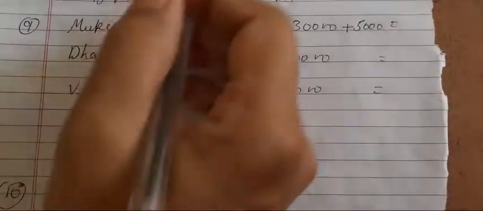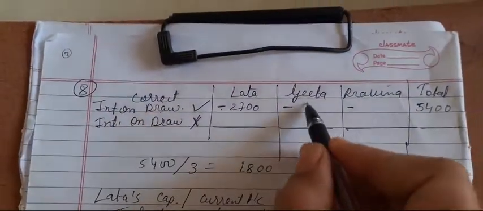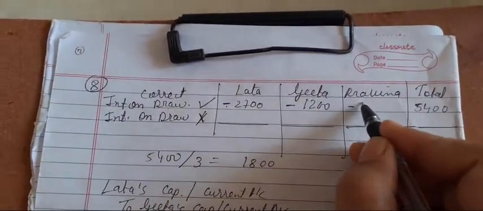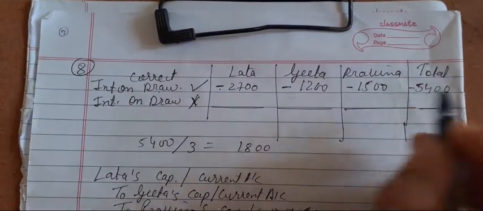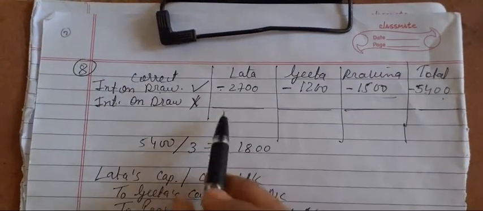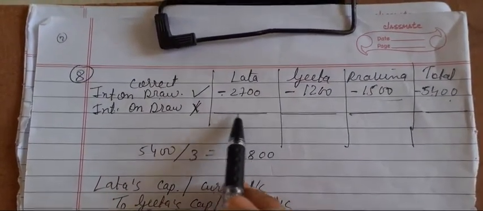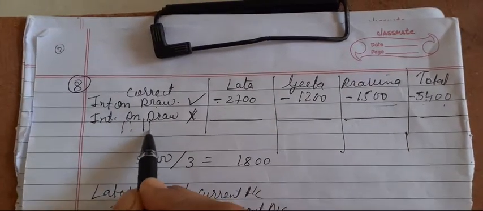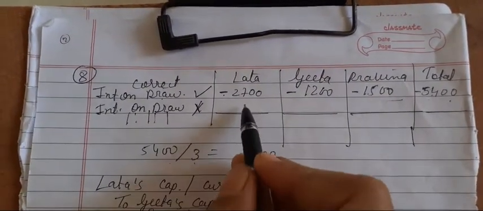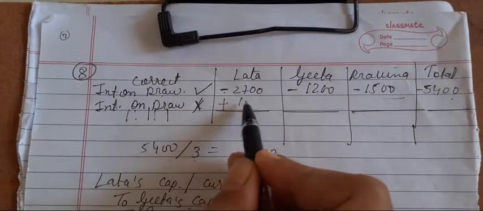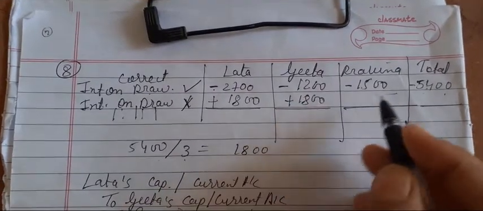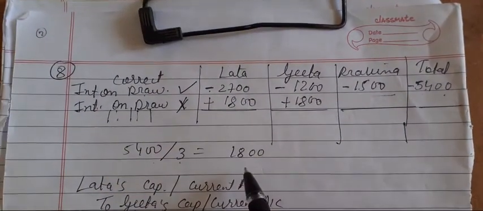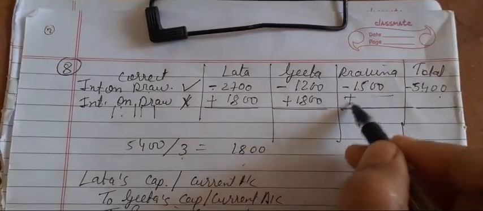Let us see now. So here 2,700. This was the correct one which they have missed out. 1,200 and 1,500. So here the total is minus 5,400. Now you add all this, that is 5,400. Now here also profit sharing is not given, which means they are equal sharers, that is 1:1:1. You divide it by 3, you will get 1,800, where you are going to put a plus sign. Here you are going to put a plus sign. You have to do the opposite in this case. Sorry. So, divide by 3, plus 1,800.